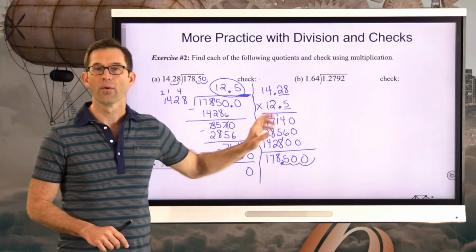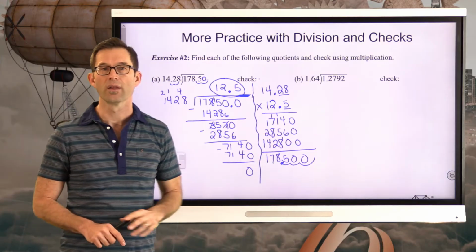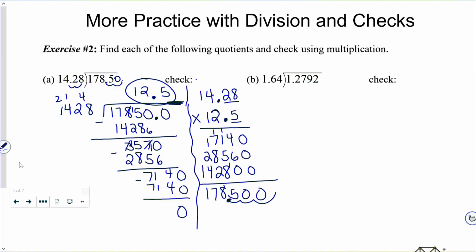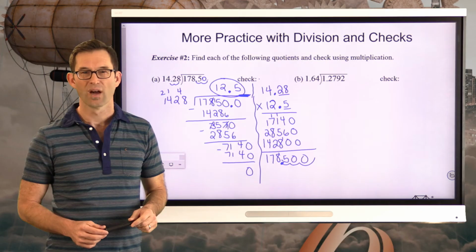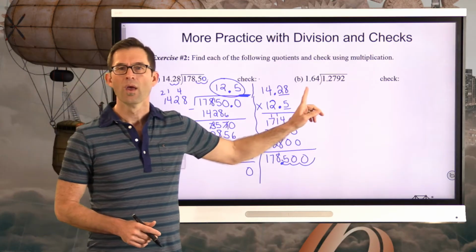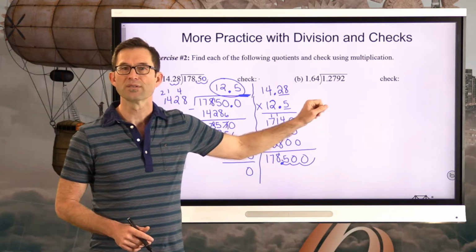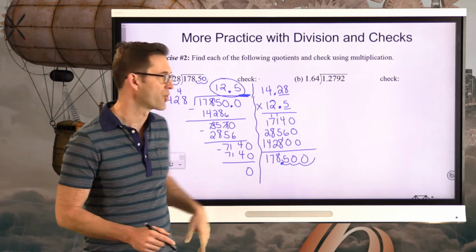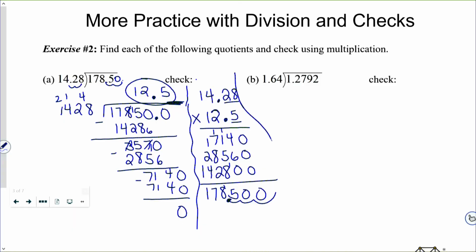What I'd like you to do now, pause the video and try letter B on your own. All right, we're going to run out of some room probably eventually, but let's take a shot at this. So I'm going to move this decimal point 2 places to the right and also 2 places to the right. So let me kind of divide off here. That means we're going to have 164 divided into